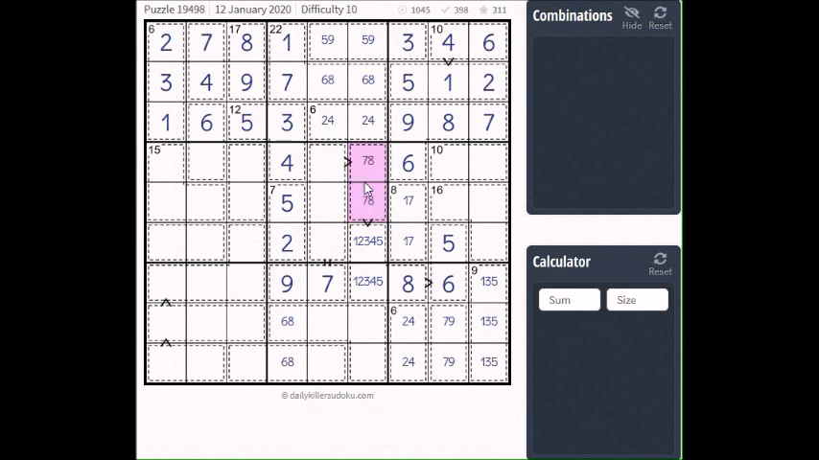So this is 7 8, and here we would have, okay, let's get that. Here we have 6 8. This cannot be 4 or 5 because they are here. And now we can